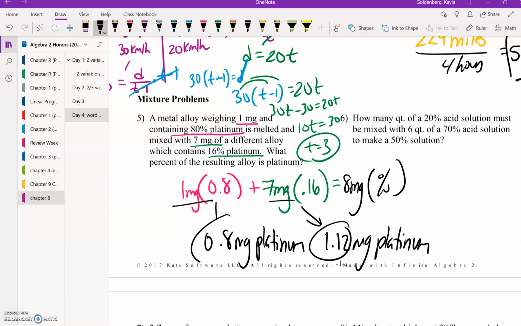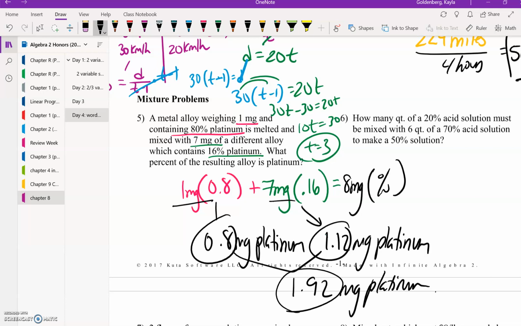Which means if you put this and this together, that would tell you how many milligrams out of the 8 are pure platinum. So when you add those together, it looks like 1.2. Excuse me, I looked at the decimal funny. If you add those together, it's going to give you 1.92. I saw that as 0.08, sorry guys. 1.92 milligrams of platinum. Okay, and that's out of the 8. So if I want the percentage, I'm going to do 1.92 over 8, and that can tell me what percentage is